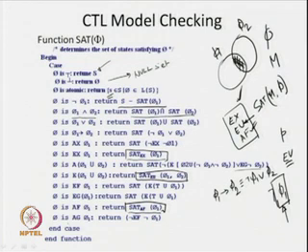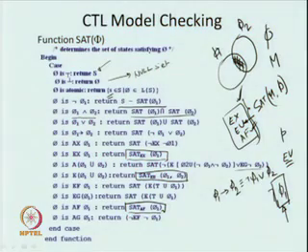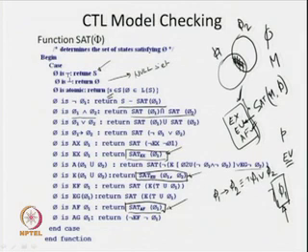Similarly, A g can be expressed with the help of the equivalent, not of E f not of phi 1. Now, any kind of formula I give as an input to this particular function set is going to give me the set of states where the given formula is true. Since this is the minimal set of operators, we need the method for these three operators E x, E u and A f, and in these three positions we are going to call the appropriate method. So, whatever phi we have, if we have any CTL formula, then